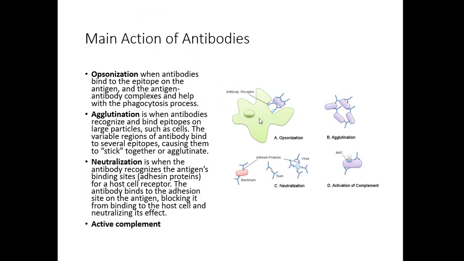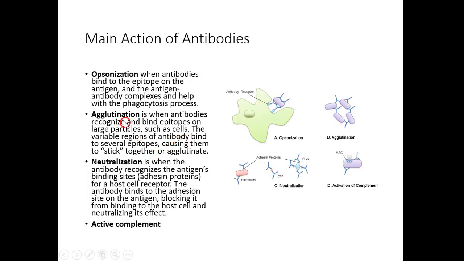That means whatever it's attached to must be foreign, and we need to help clear that. So notice here you see the macrophage binding to the constant region of that antibody,